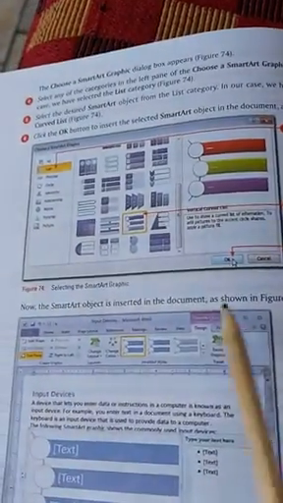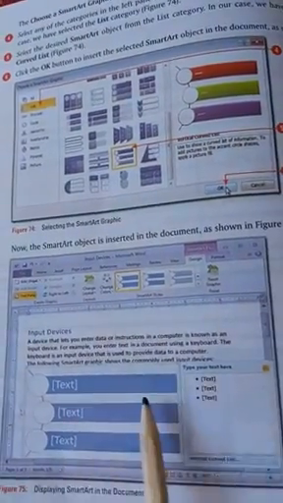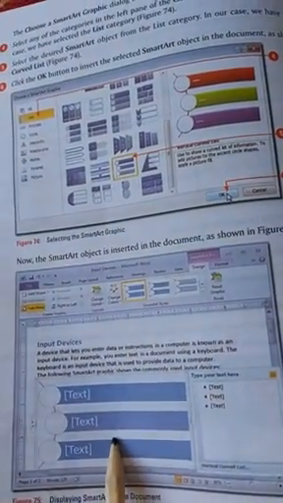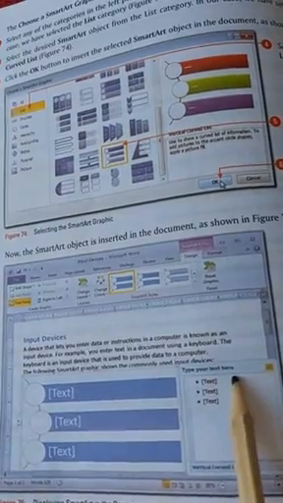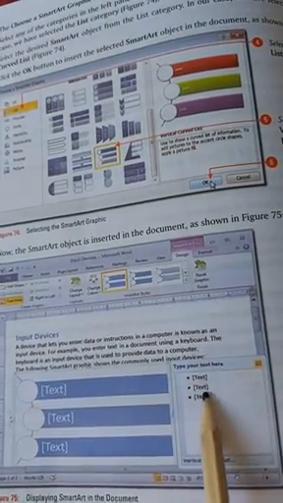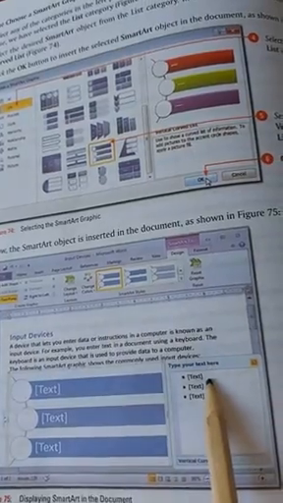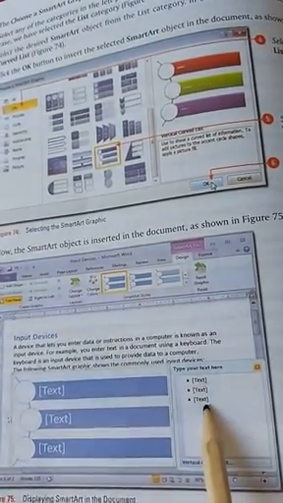Select any particular smart art. Suppose you click on this, the picture will appear and you can write, and this is for the graphic, and a text pane appears also here. You can type particular text for the particular graphics here. For 1, 2, 3, three types of text appear here.